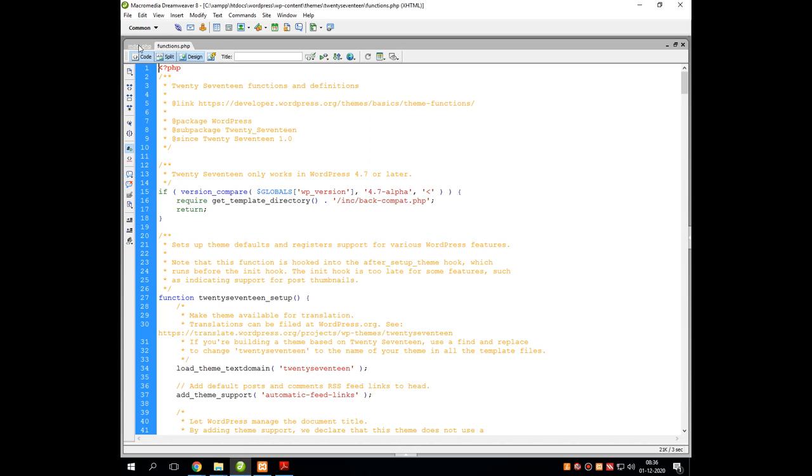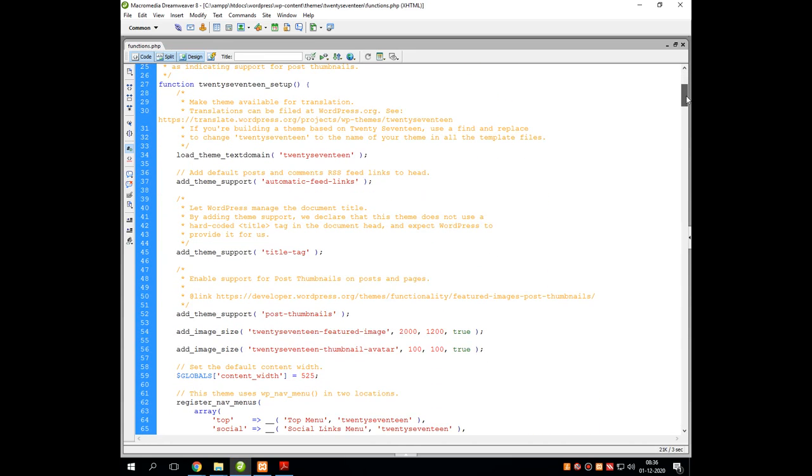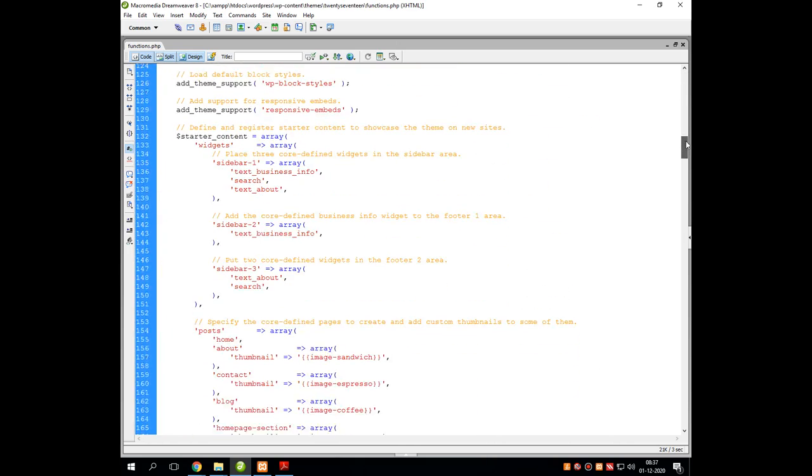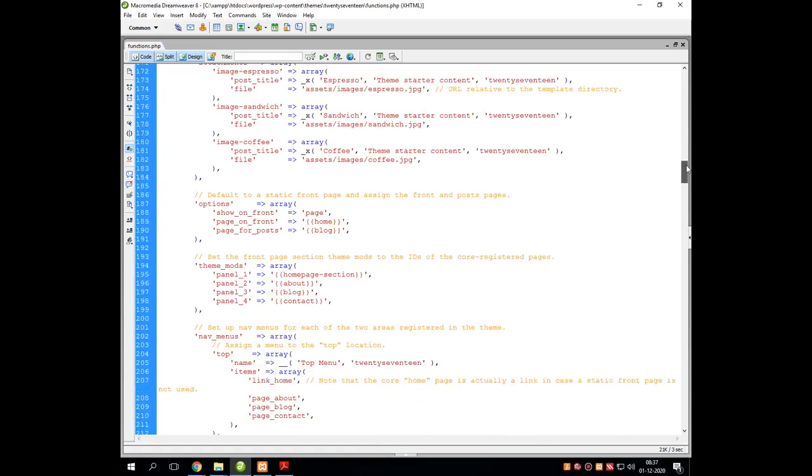So what is the usage of the functions.php file? The functions.php file will activate all the components of the theme which are externally attached by the user. Whenever you are free, just look into functions.php and try to have an idea about all these particular options.